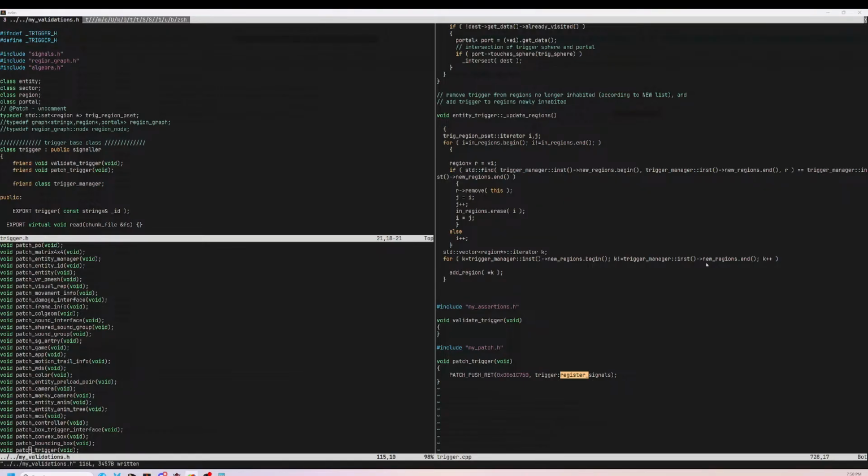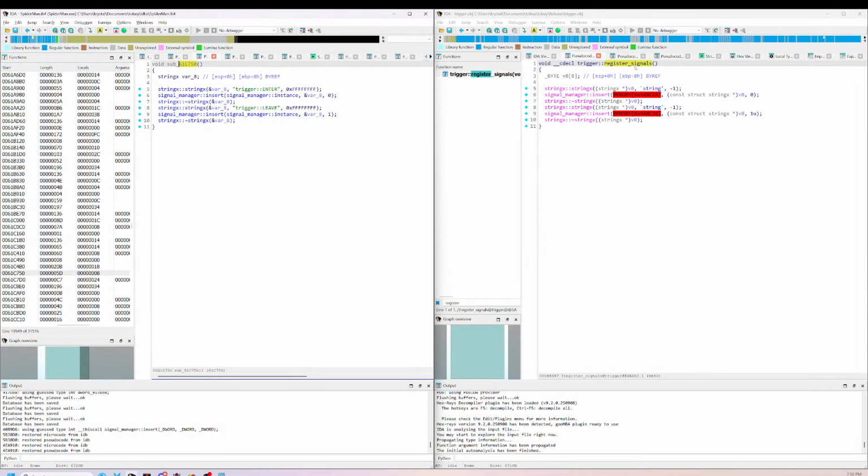Cool. Illegal using expression. Crazy. Oh yeah, true. I forgot that I need 2 instead of 1. Okay. There's nothing to validate, so